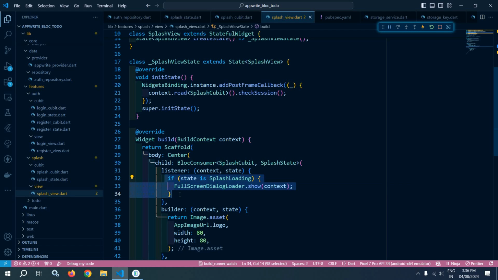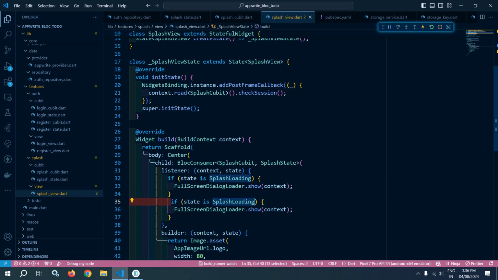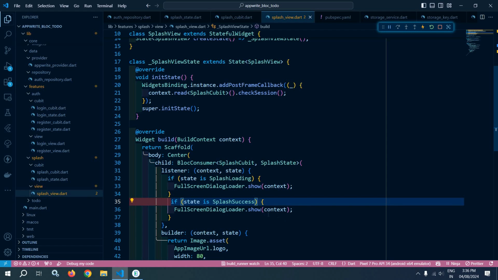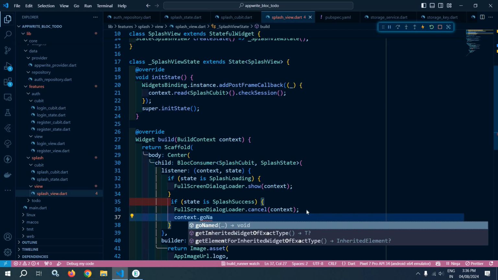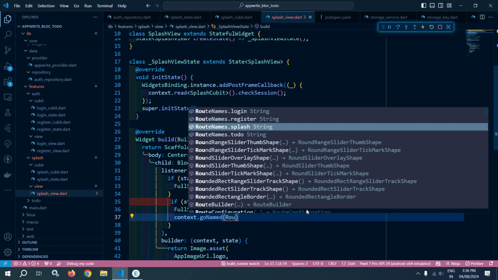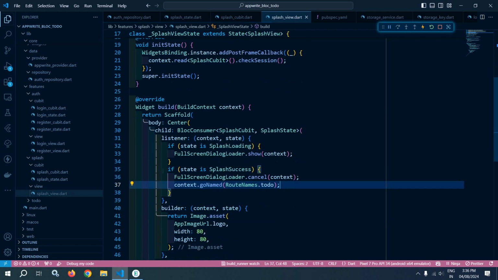Now again I will copy this, paste it, and here I will check if it is success. This means if the session is valid, then in that case I need to cancel the full dialog loader, and from here I will redirect to roots name dot todo. If the session is valid, then obviously we need to redirect to the todo screen,